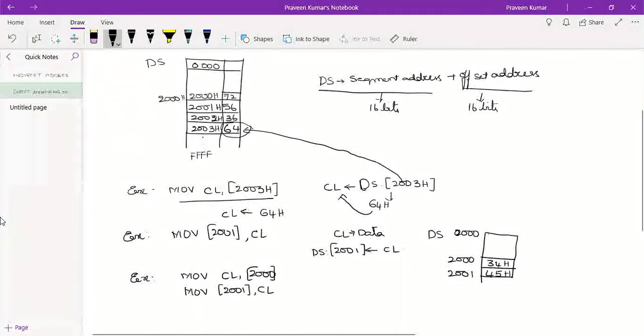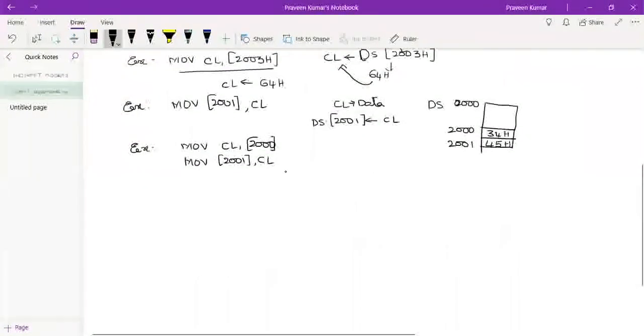Now from the first statement, it is clear that CL will get the data available from the data segment in the address location 2000H. So what is there in 2000? The data which is 34H.